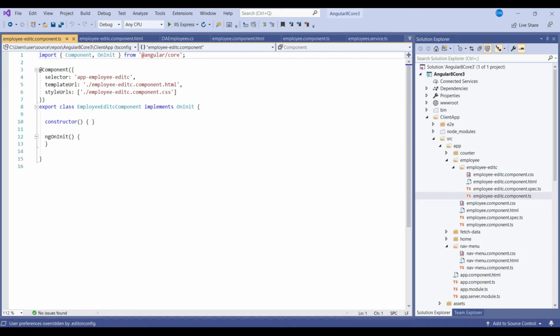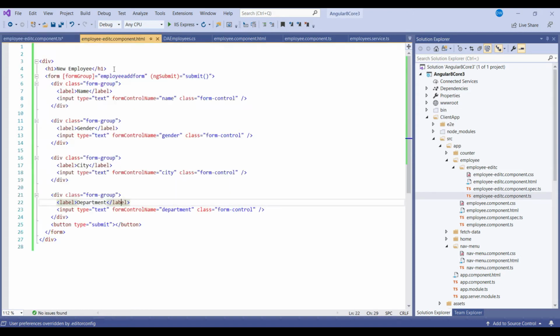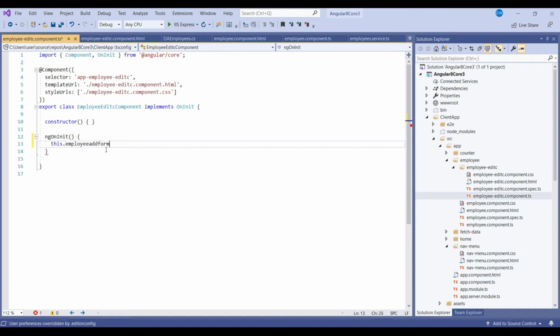The submit method that we have. So this is a selector for that, and then what we will be doing here is on ngOnInit, right? So we will be saying this.employeeForm, what is the form name? The form name was employee edit form, right? So this.employeeForm is equal to this.fb.group, and then what we will be doing here is name colon empty. So we are initializing it basically as empty, gender will be empty,